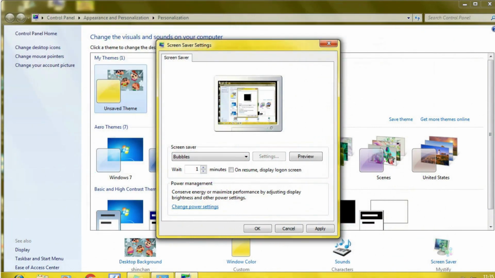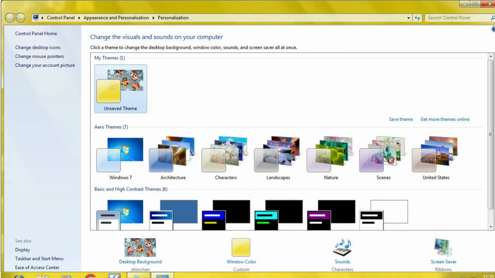Like this, the screensaver will appear. If you want to select this, you can click OK and click Apply, or you can change to another one, Ribbons. Wait time 1, Preview. If you want to see the preview, this is the preview, click OK.